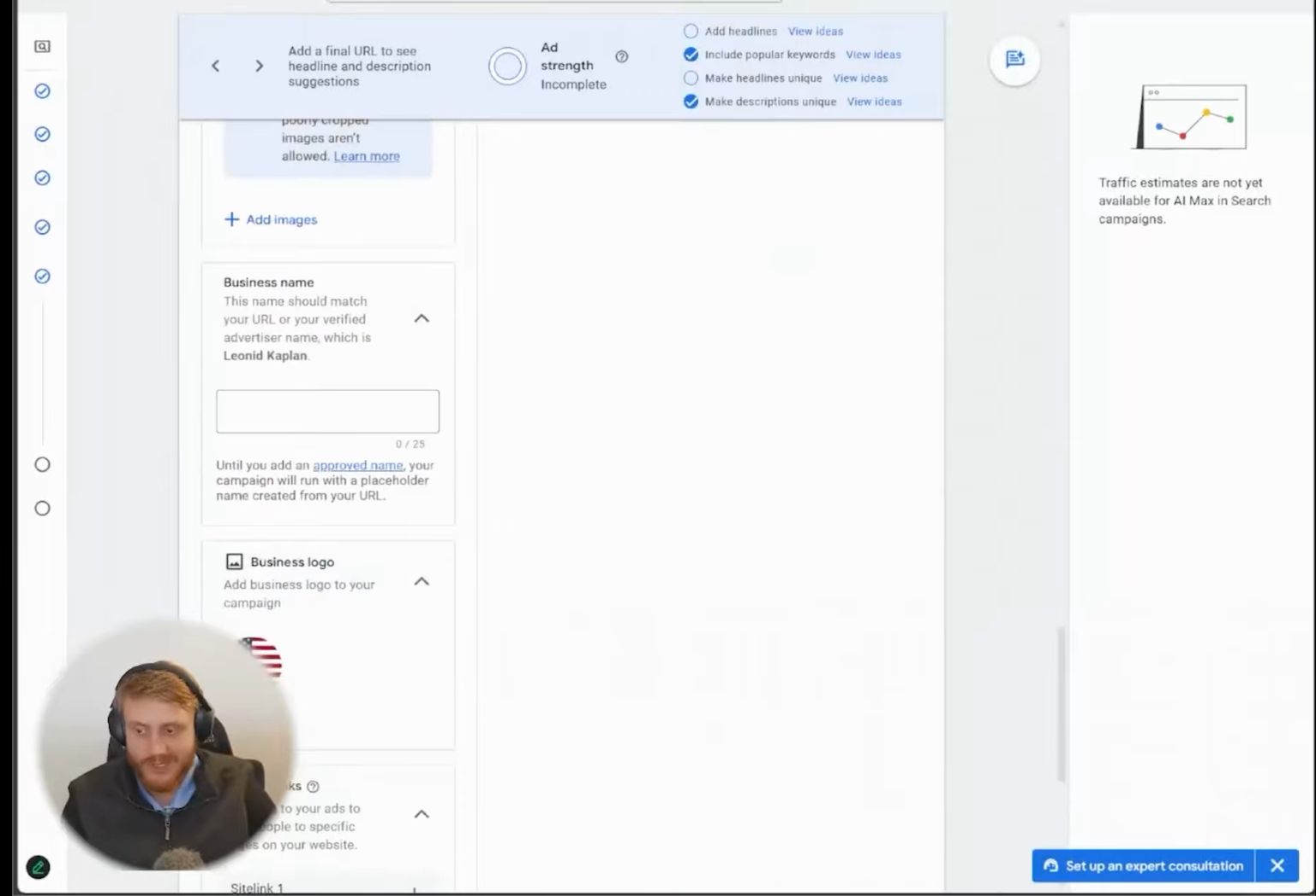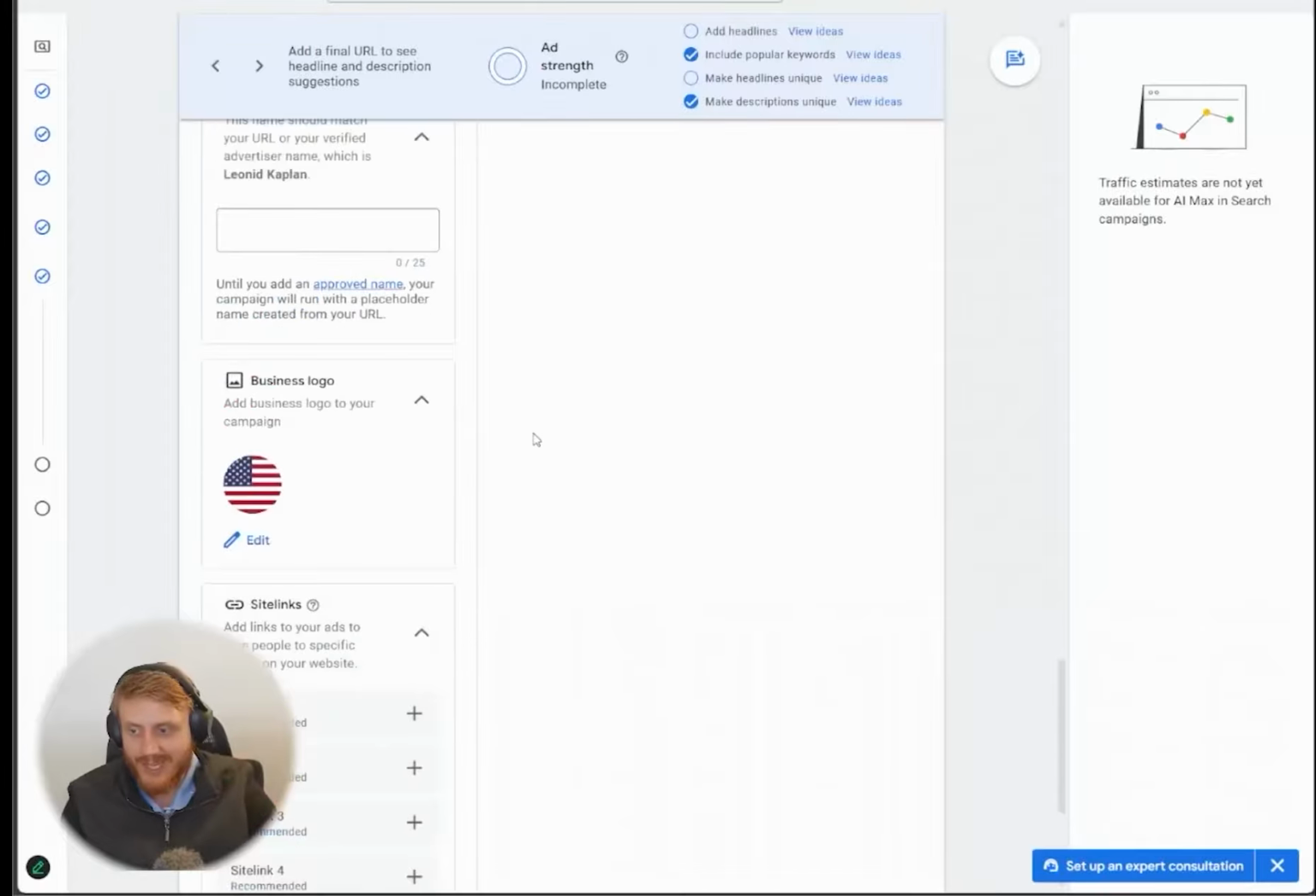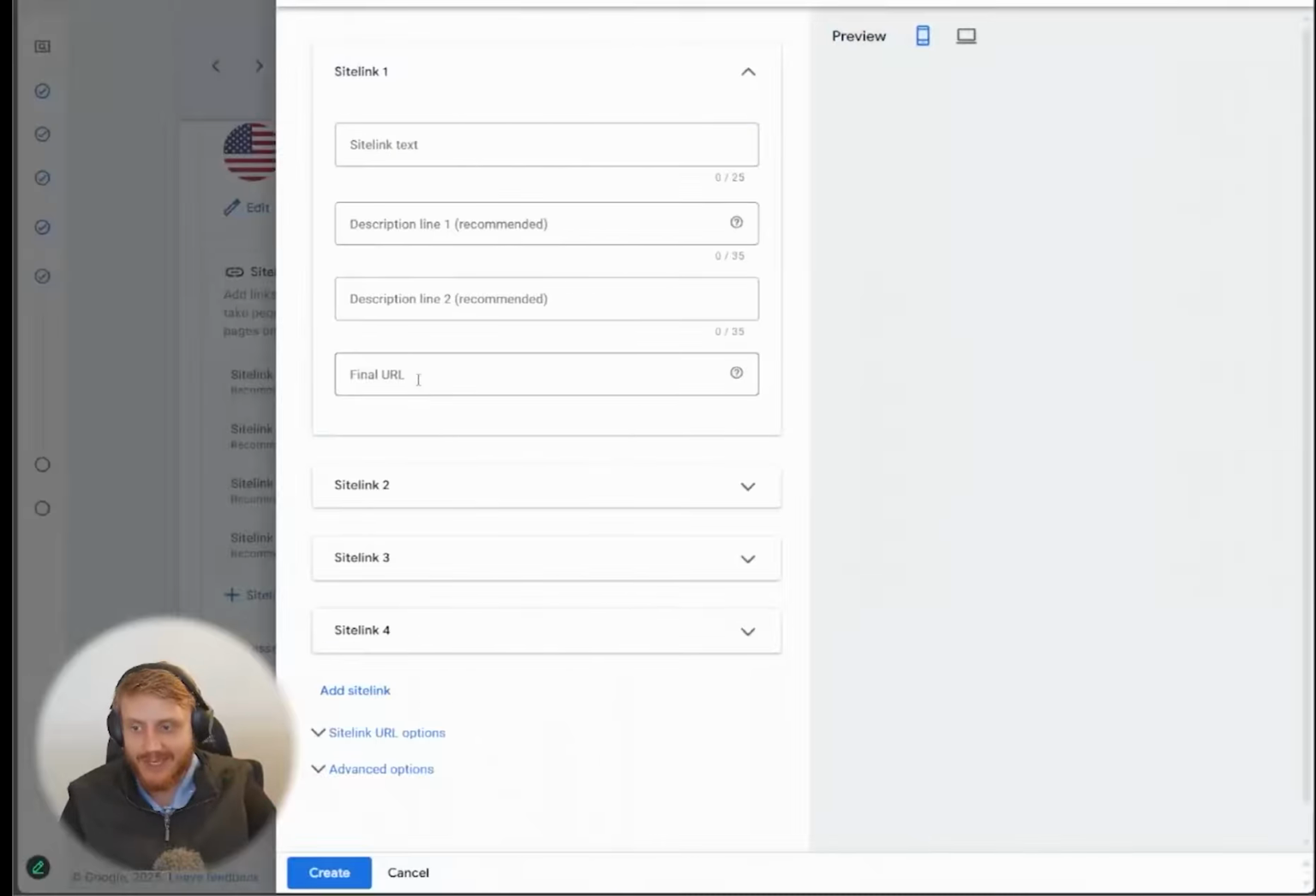And then for the business logo, make sure that's the logo of your site. This will not be accepted. Instead, you have to use the logo specifically from your website that you're using. Business name is irrelevant. And then for site links, you want to do